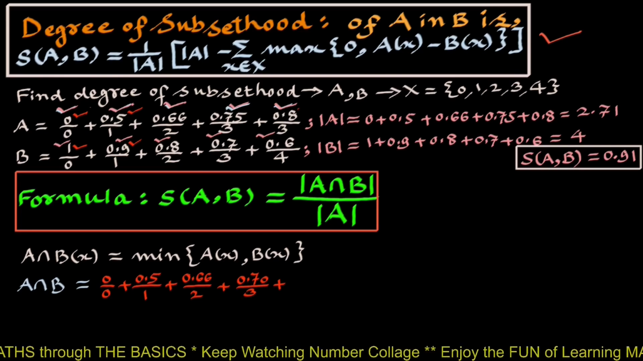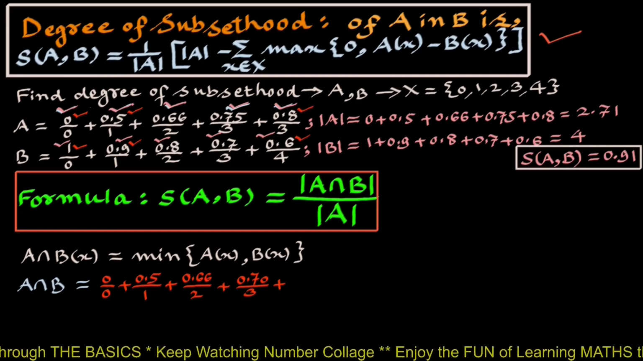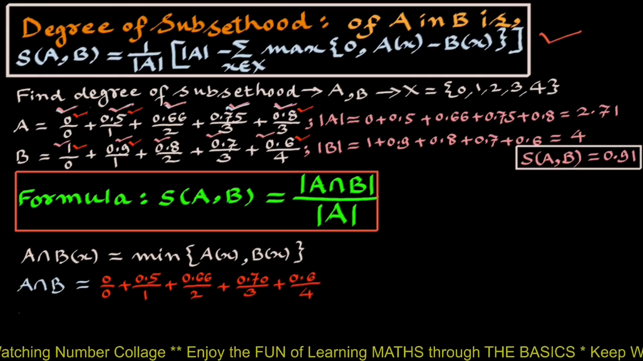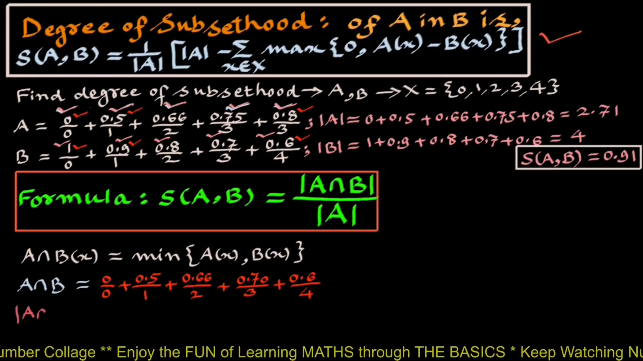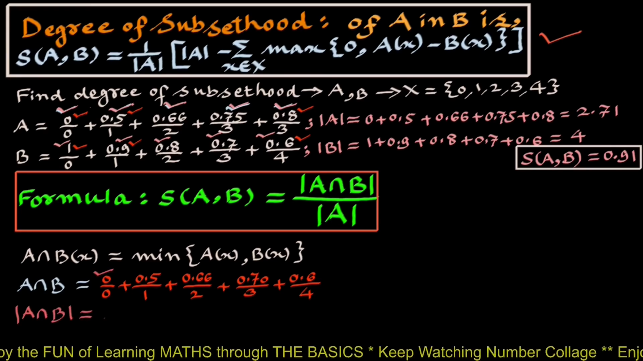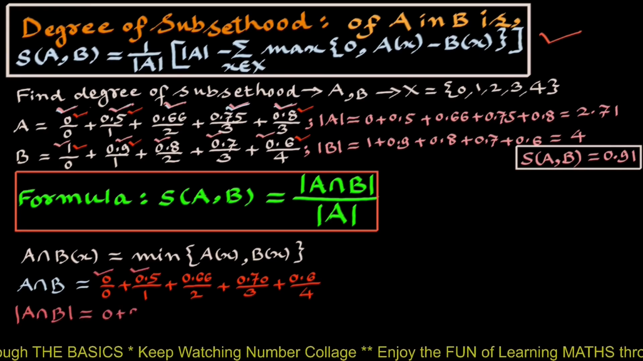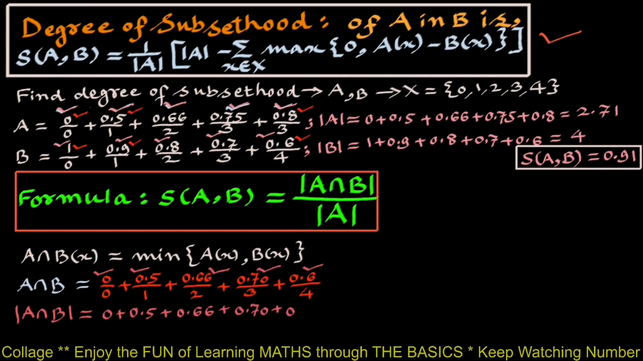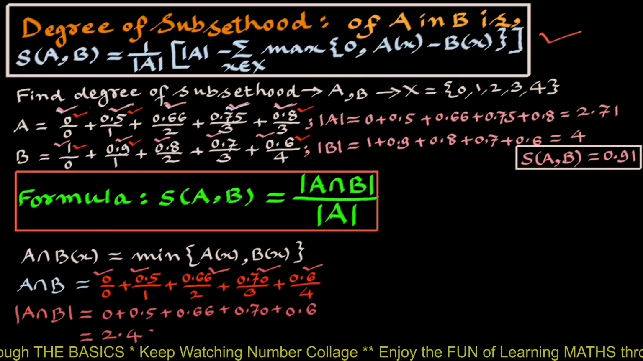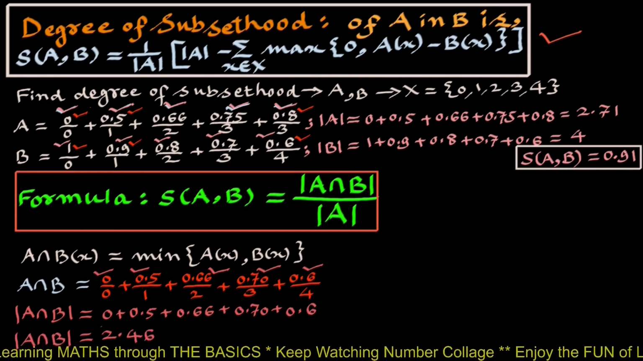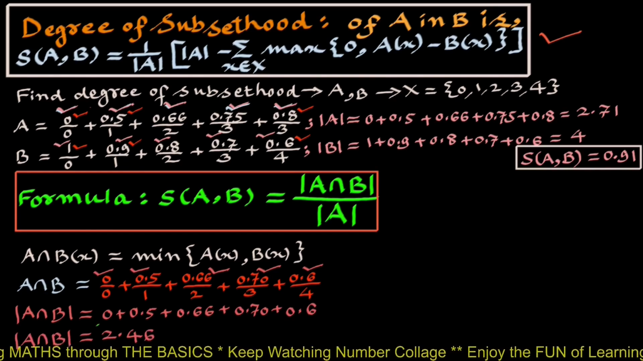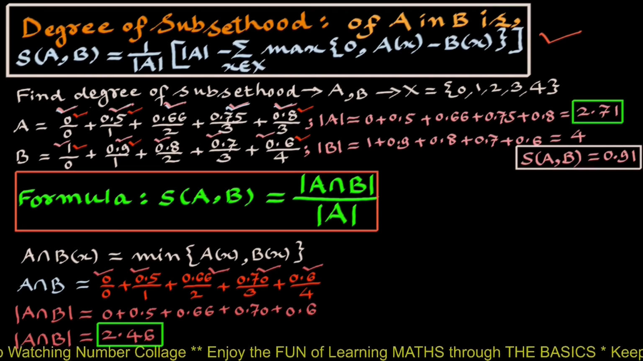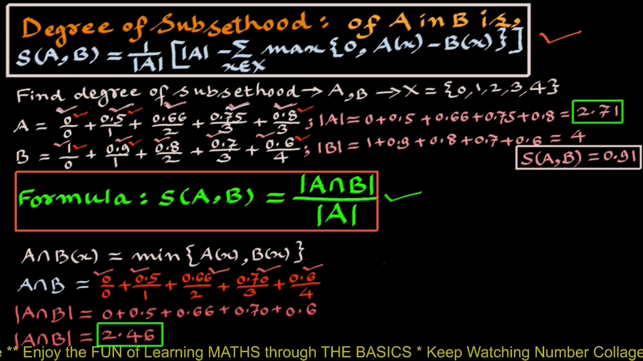plus minimum of this 0.8 and this 0.6, 0.6 upon 4, and cardinality of A intersection B equals this 0 plus this 0.5 plus etc. plus this 0.6, which will be 2.46. Now we will use cardinality of A intersection B 2.46 and cardinality of A 2.71 in this formula and find